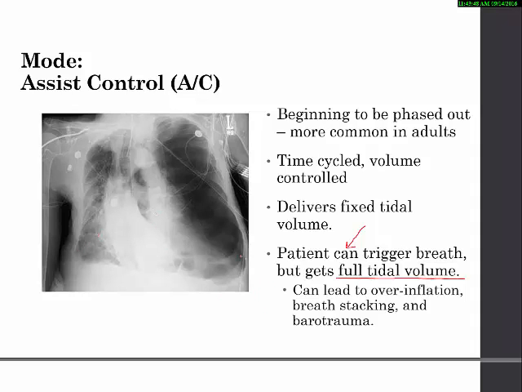As the air is coming back out, you breathe again and you refill it with another 500. So let's say you breathe in 500, you're in the process of exhaling and only 100 come out, and then we take another small breath, you get another 500. So now you've almost doubled the amount of air in there. This can cause barotrauma and pneumothorax and all kinds of bad things there. So it's a little bit better of a vent setting because it works with the patient,